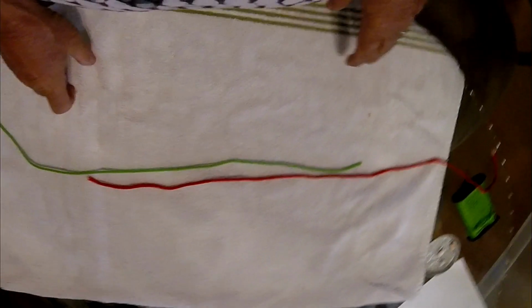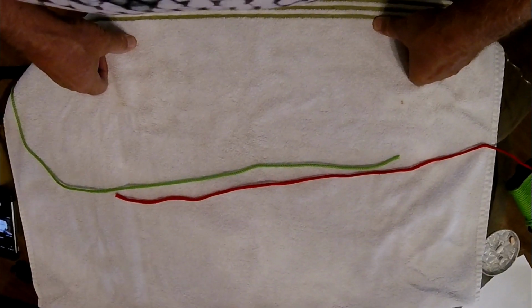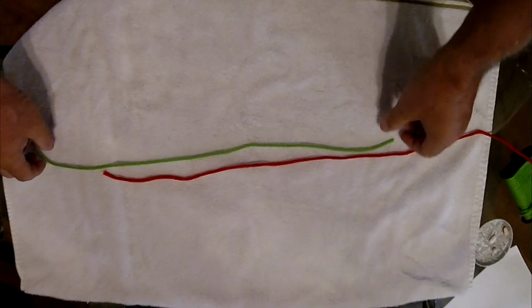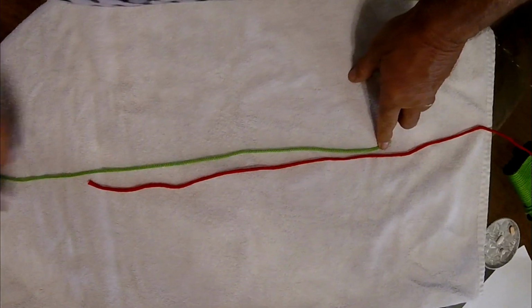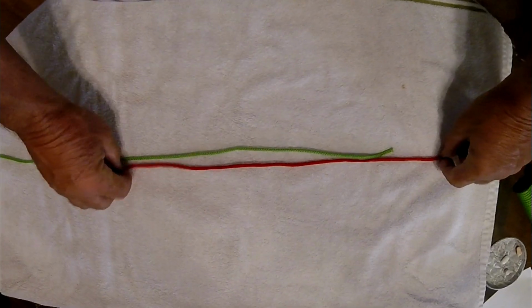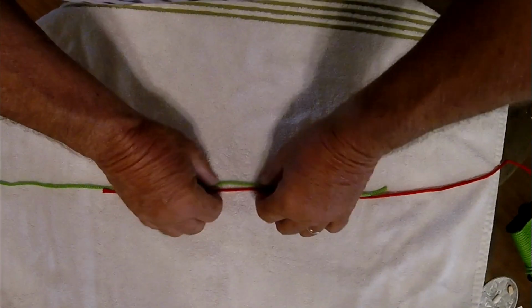Now that you know what line and leader to use, I'm going to show you how to tie the line and the leader together. We're going to use this green string to represent the braided line that's on your pole and reel, and this red string is going to represent the leader. You put it end to end,